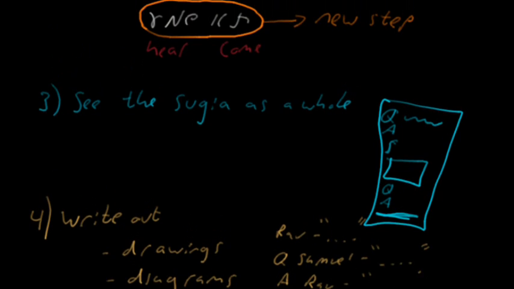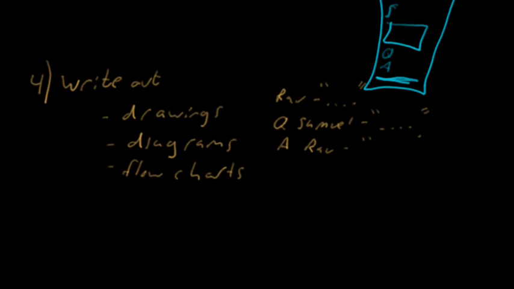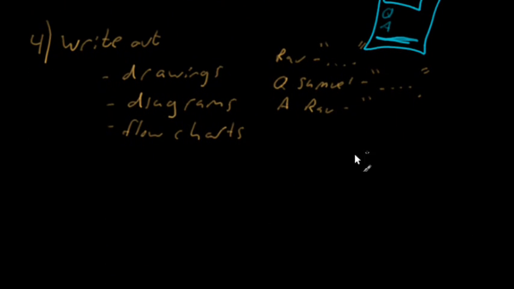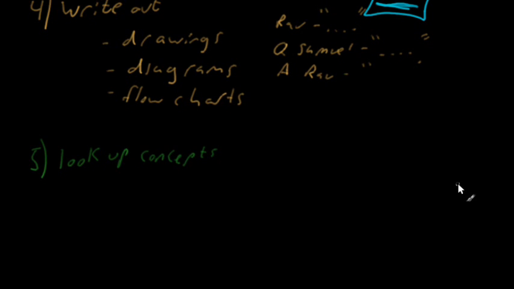and tying it in again with seeing the sugya as a whole in step 3 and translating and picking out the key words. Okay, and then the last step is different than the previous. The previous 3 have been very tied together, but the last step is to look up concepts. Okay, look up concepts. Okay, and this is important because the Gemara may be talking about demai, and you have no idea what demai is. So even if you can translate the Gemara, you can read it, you will not